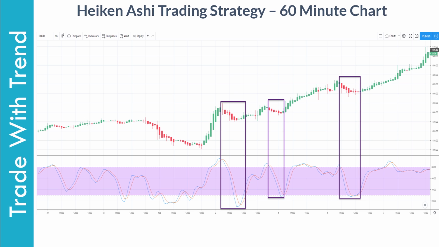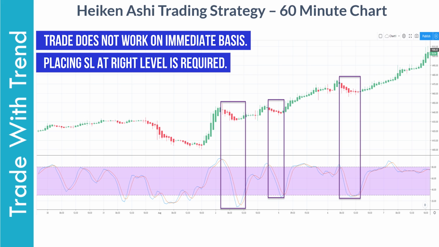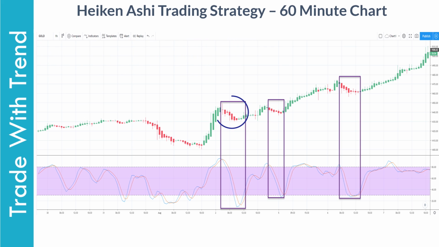If you look at all these Icon-SE candlesticks here, these are all narrow in range and represent less momentum on the downside. In this setup, just remember one thing. The moment you enter a trade, place the stop loss at major swing point level to avoid getting stopped out of a trade. For instance, in this chart that I am showing, if I enter the trade in this region, I would place a stop at this line that I have marked. Now, trade may not work immediately, and hence placing stop at the right point is important.